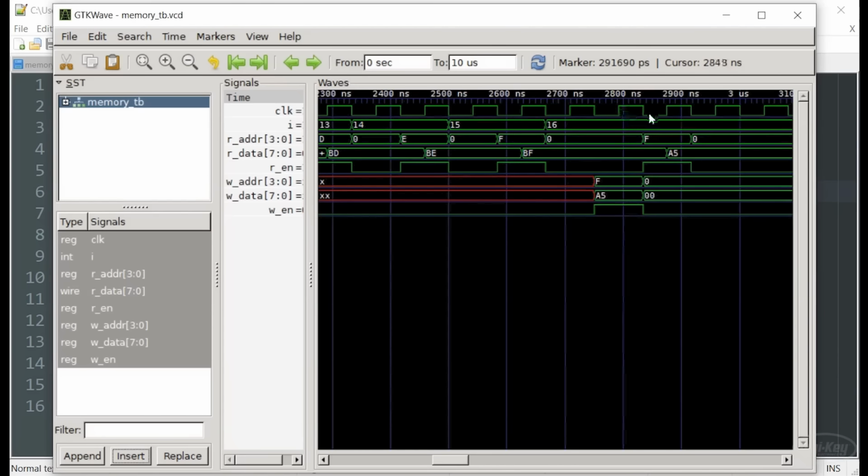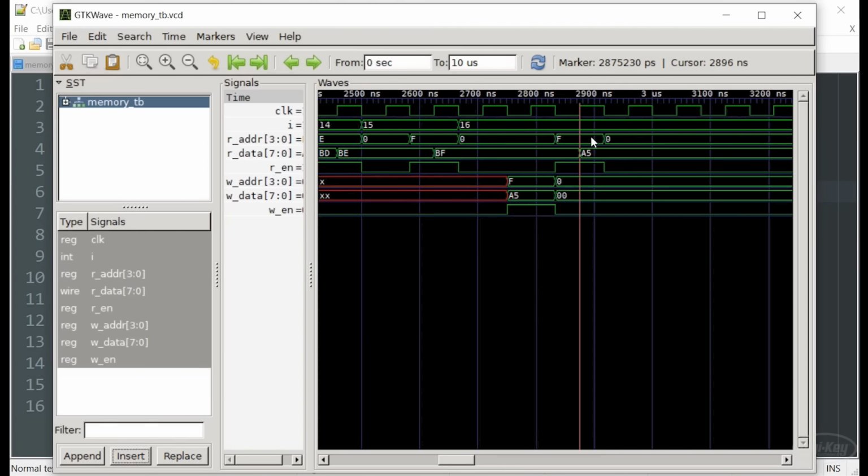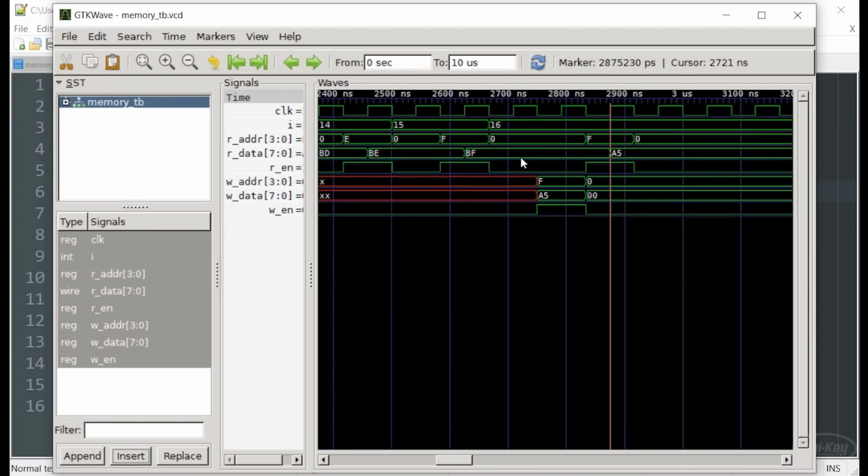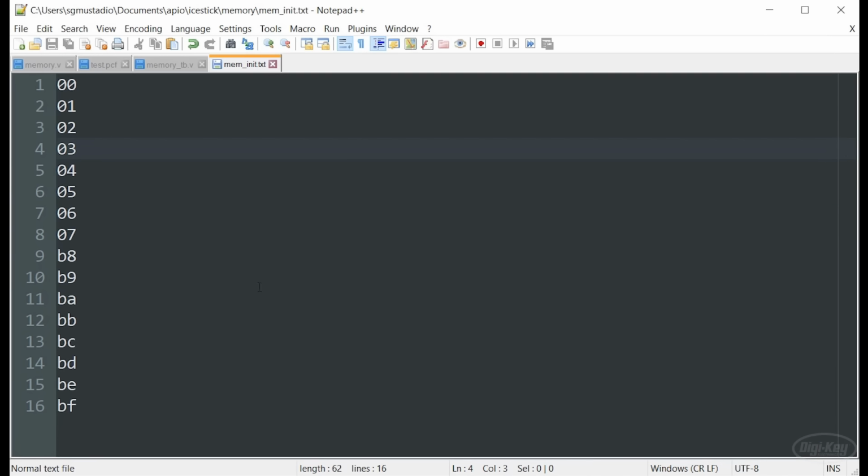And then the second test runs, where at address hex F, A5 gets loaded in, which is right here, is where it's written, and then it's read on this clock cycle, and A5 appears at the output. So this verifies that the memory is working, and we can initialize it with values by default by using a text file. This can be incredibly useful if you're doing things like lookup tables or even, say, instructions